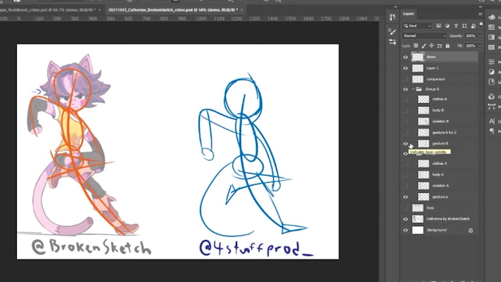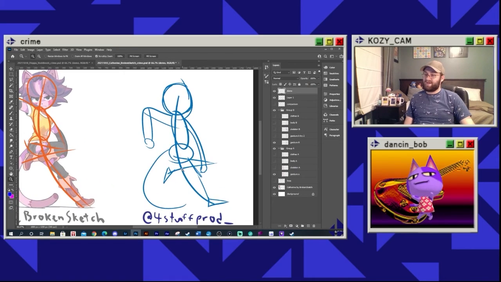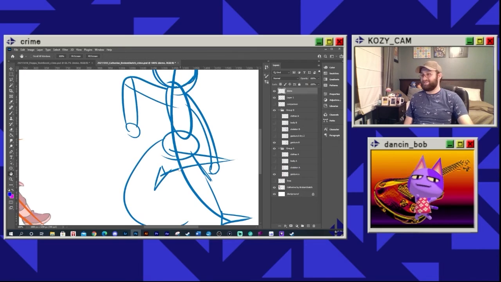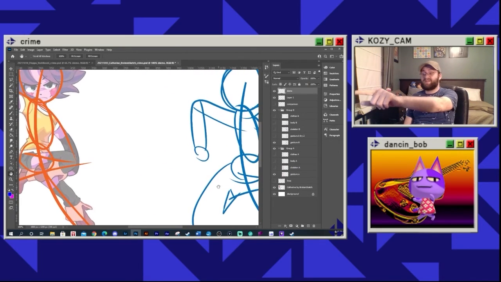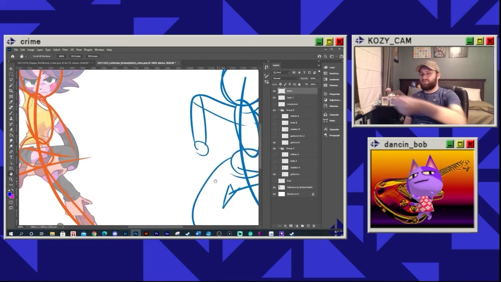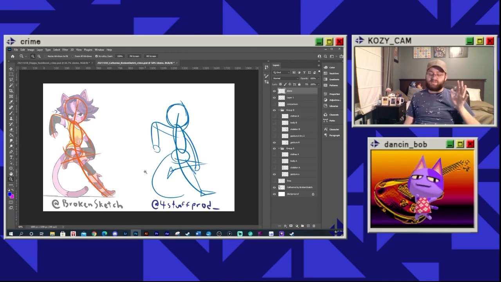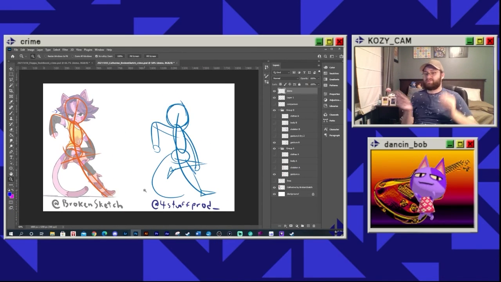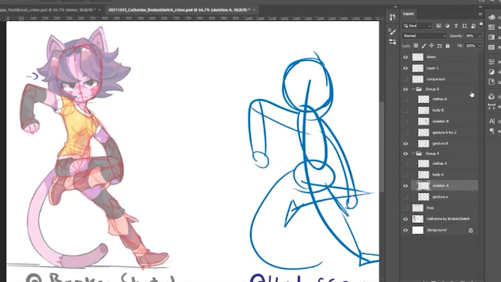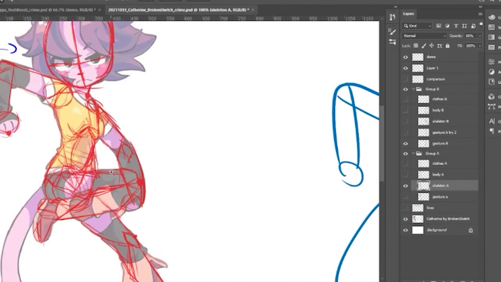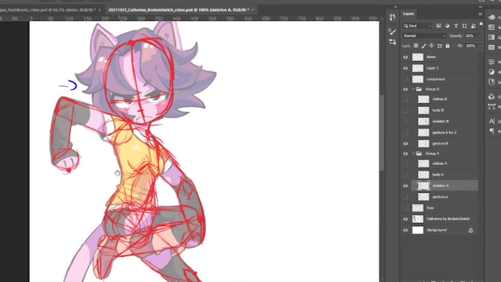Okay. So as you can see here, I kind of just did the same thing that I did over there. I failed to recognize the direction the leg was in. Anyway, this just shows me that I need to do more gesture practice, which is fine. Here's the shapes. In this case, I did find the rib cage.